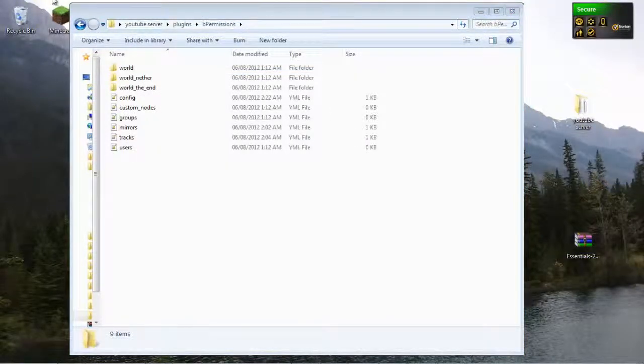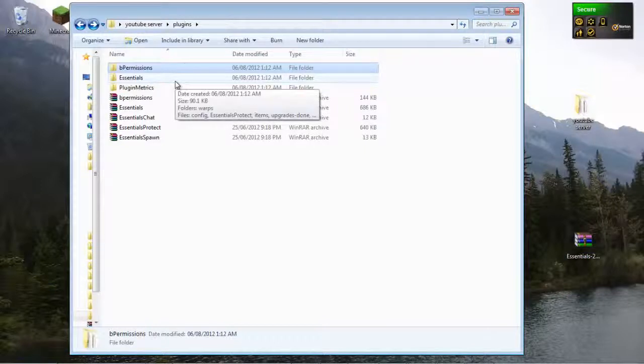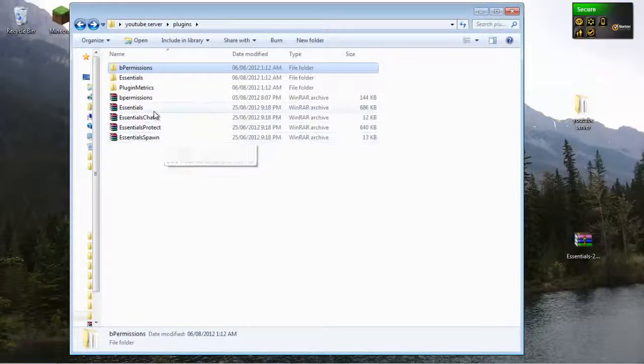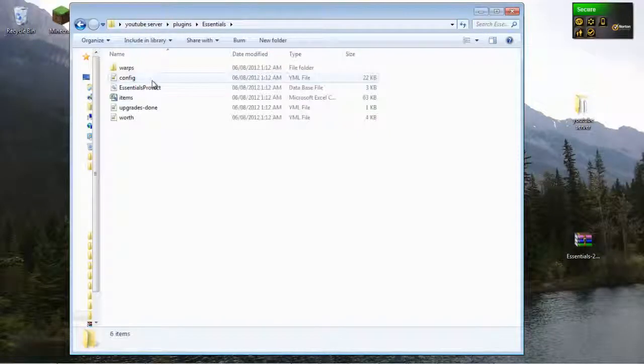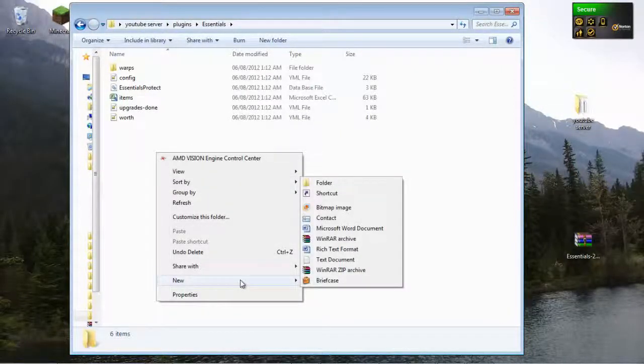So now that we're done with bpermissions, we are going to move on to essentials. To customize essentials, we don't need to touch these because it's all covered in this essentials config. But before we do that, what I want to show you guys is to create